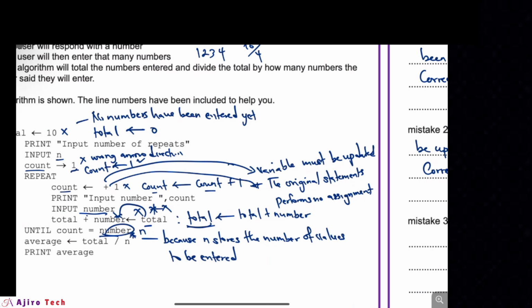So we have input. The input number is for this one, then until count, which is this one. So this is the end. Until count. So this input number is only for the repeats. It's for this one. Then this one is for this and this. Okay, that's fine.